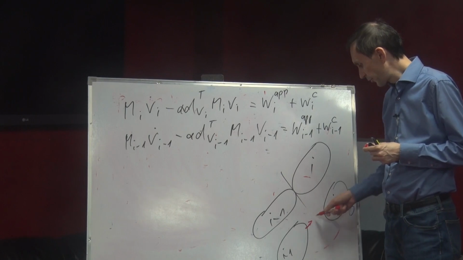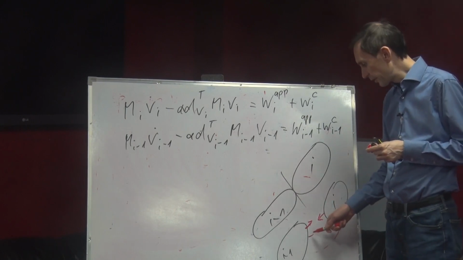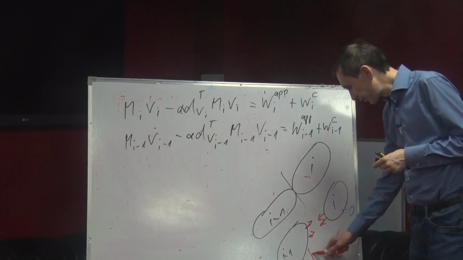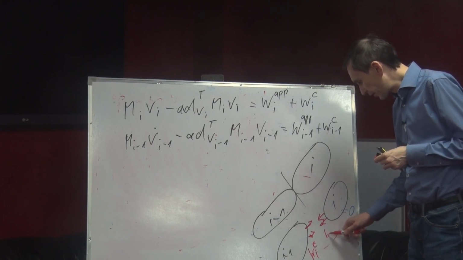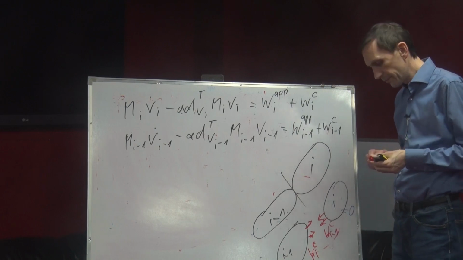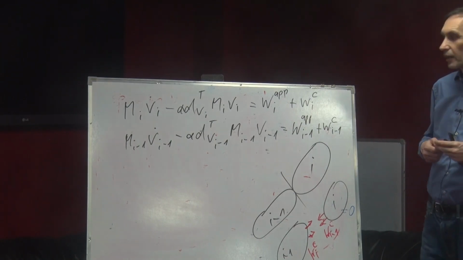Because you would have a force here, and there's a force balance, of course, right? And maybe even a torque. I don't know how you draw torques like this. And that goes into this W i C, and W i minus 1 C, okay? And they're somehow related, of course. Now, what is this